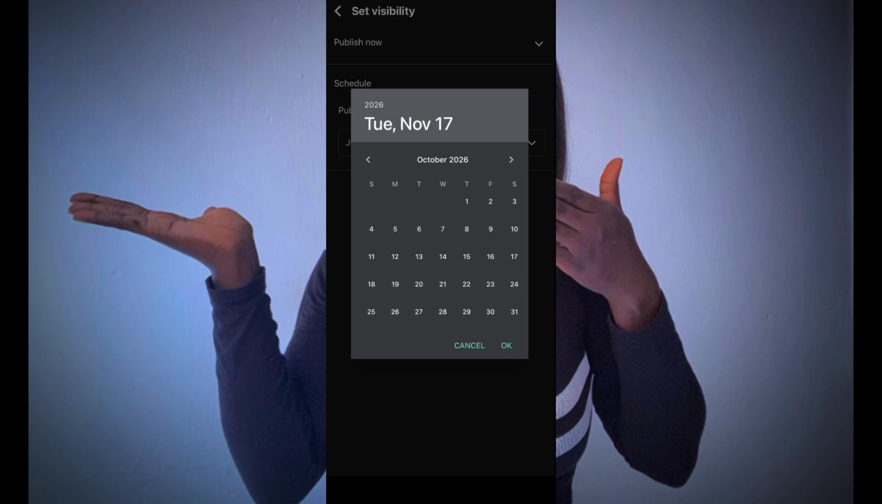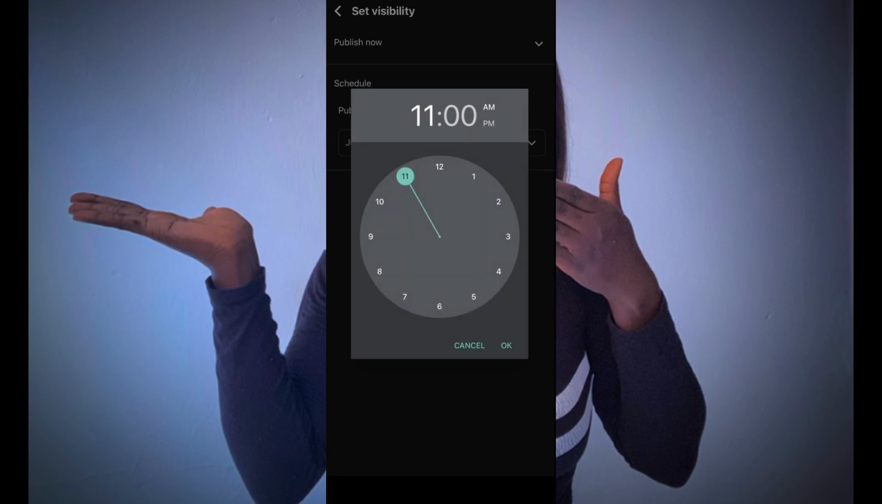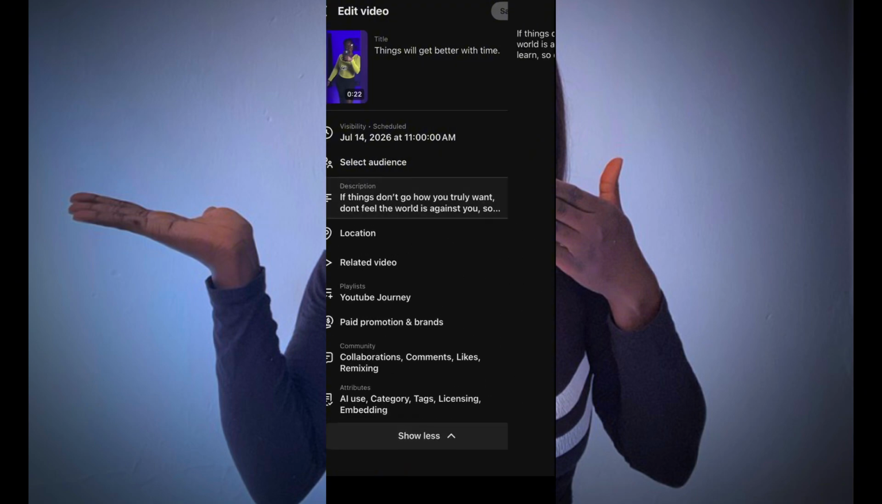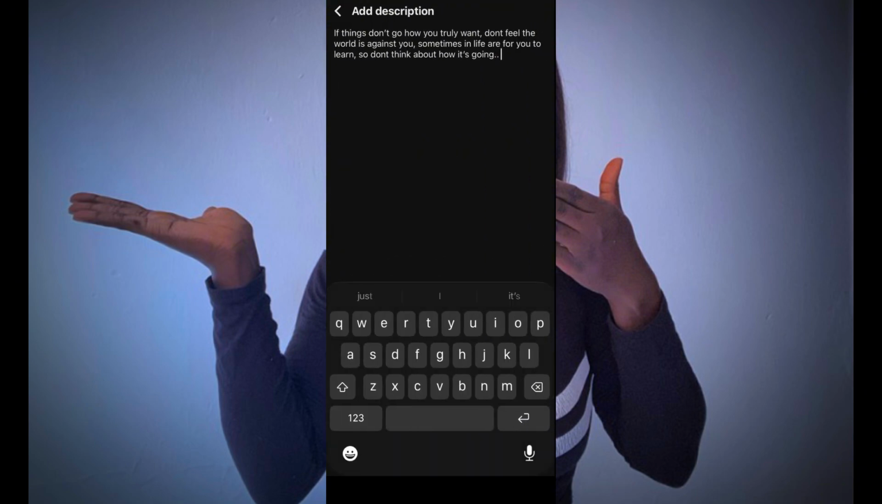So that is exactly how you schedule your post anyways. But for me, let me go back to the day that I used before. That is just how you schedule your post. If you are changing anything, just change whatever you want to change and save it